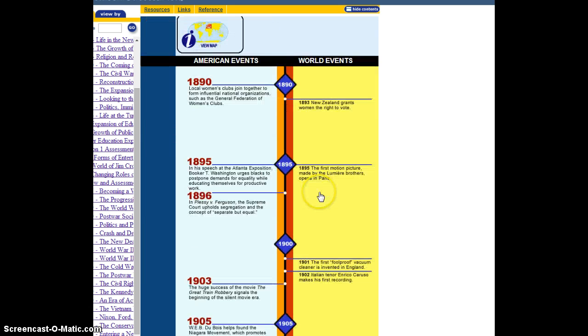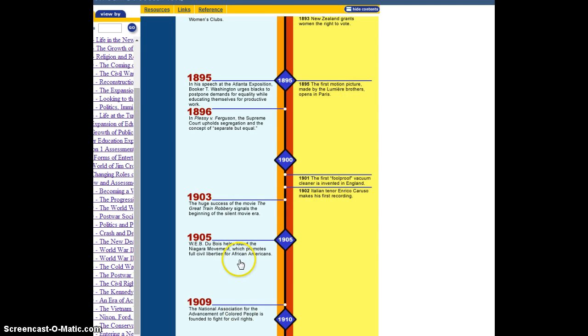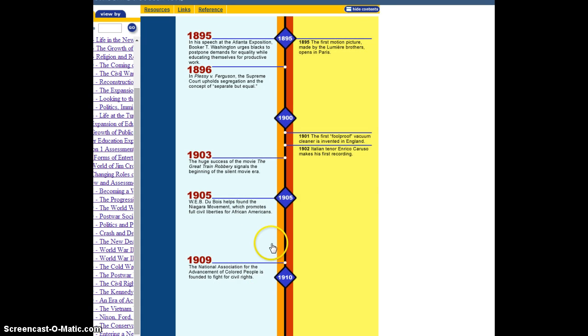It will give you a timeline. Now, timelines can be biased to some degree. They're very helpful to see what's going on at the time because things don't happen in a bubble. For example, you can see just by these 4 dates, 1890, 1895, 1896, that there's a lot of changes coming with different groups, from women to African Americans, and we can see that in 1905. So you could guess, based on this timeline, that might be a focus of this chapter,